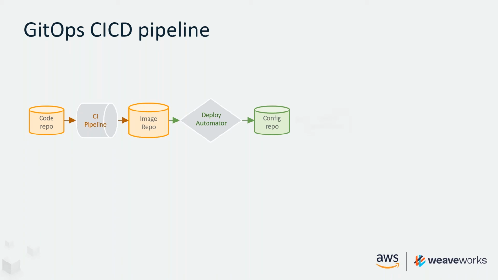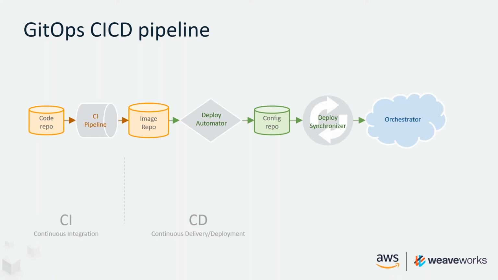And then a separate process we call the deployment synchronizer. It's a slightly more simple process, and all it does is it runs inside the infrastructure, and it looks at the external configuration repo, sees if any changes should be applied, and applies it to the orchestrator. So we've separated out the change to the infrastructure and stored it in a configuration repository, just indicating where CI, continuous integration, and continuous delivery are separated.